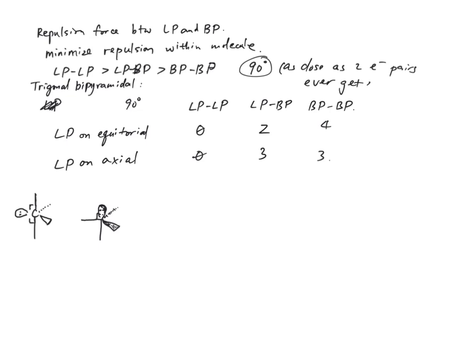And this here is the reason, because the repulsion is the same here, but it's different here, and we want to minimize repulsion. 2 is less than 3. Okay, so that's why the lone pair is on the equatorial position. Again, this is an explanation if you have a question for why this is happening. I'm not going to ask you to explain why in any of your exam questions. So for exam situations,